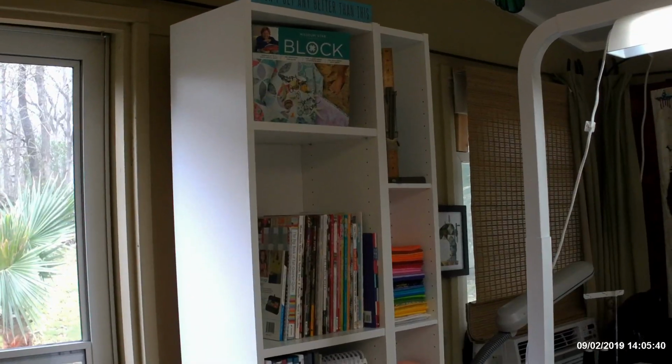And I've seen a lot of videos on what to do with scraps, and so I think I got it. Not everything is as I want it to be. I still have that great big white cabinet back here. That's going to stay there until I get the storage area underneath my cutting table set up. And then I can get rid of the big white cabinet that's behind me. But let me take you around the room. Hold on a second. I got my new video camera. I got to figure out how to pause this. So,